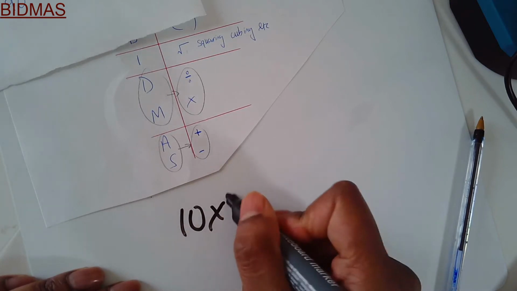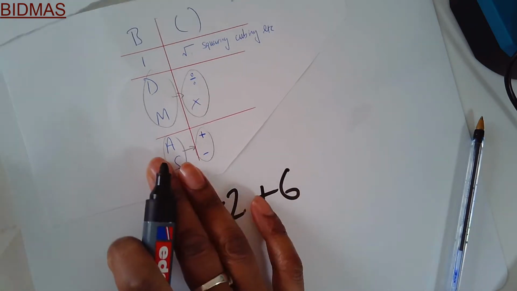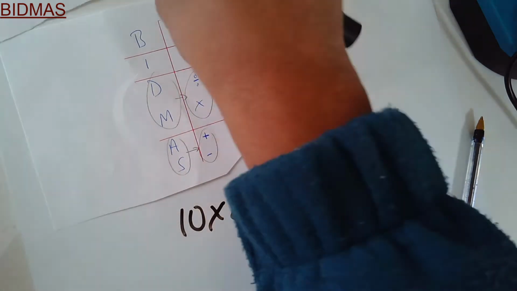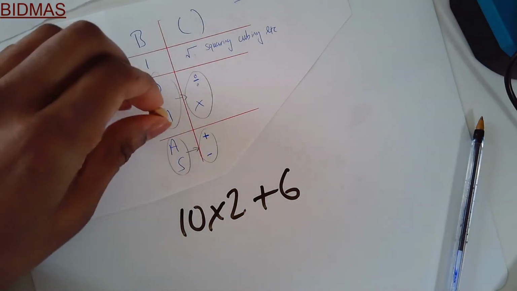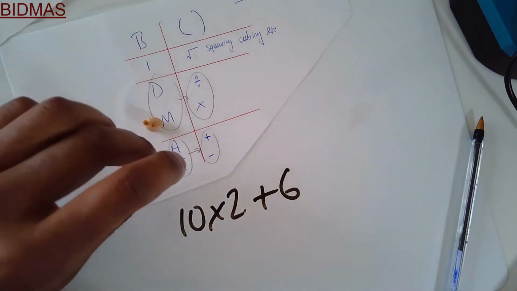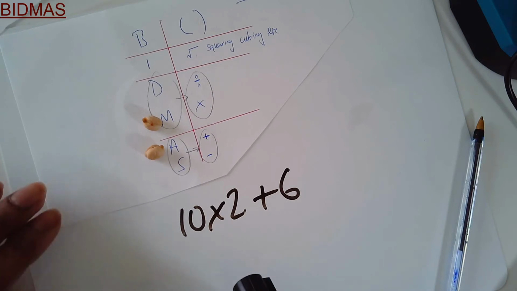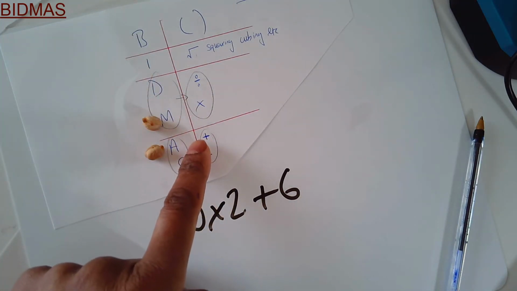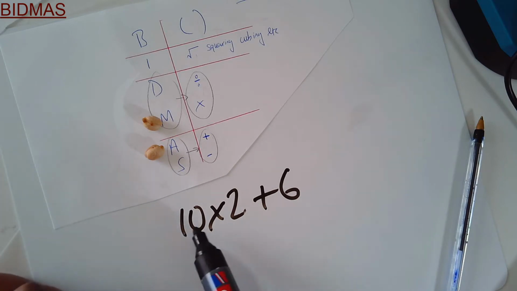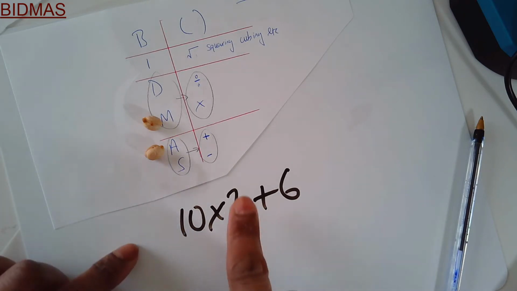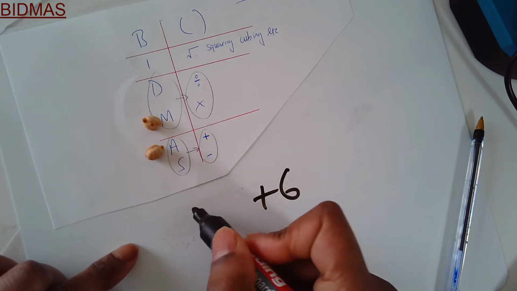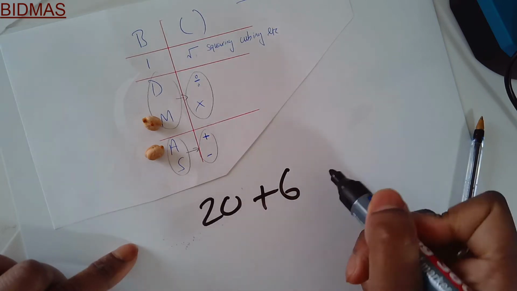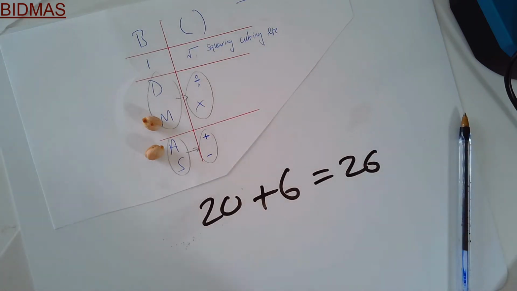10 times 2 add 6. Now you know when you've got a situation like that, you've got timesing and adding. They're in separate leagues. Timesing's way above adding, so you do timesing first. So 10 times 2, 20. 20 plus 6, 26. But here,